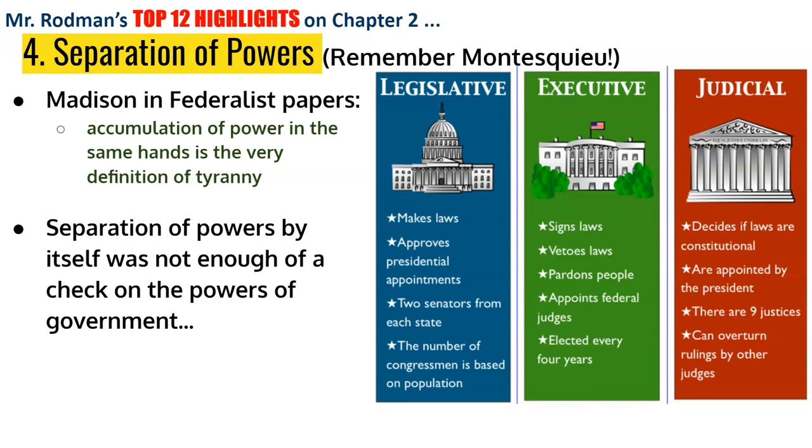Madison loved the work of Montesquieu in terms of spelling out how to control factions. How do we do that? Through pluralism. How do we use pluralism in our government? We start with separation of powers. We break it up into national and state government, but we also break it up into legislative, executive, and judicial branches. And this is going to keep any one faction or particular group of power from having any significant power over the entire government. They can control one branch of government. They can control one level of government, but they can't control all of the branches and all of the levels all at the same time. And that was by design.